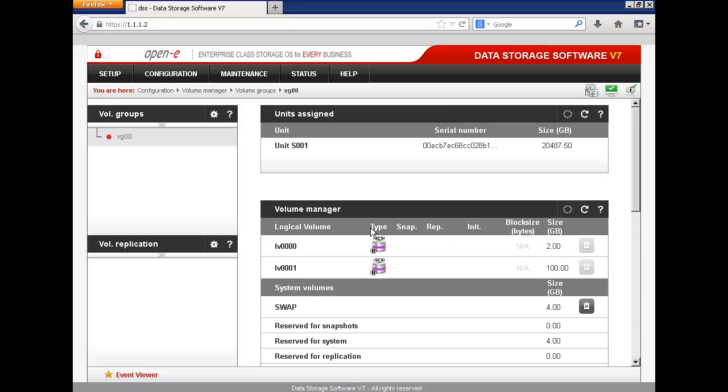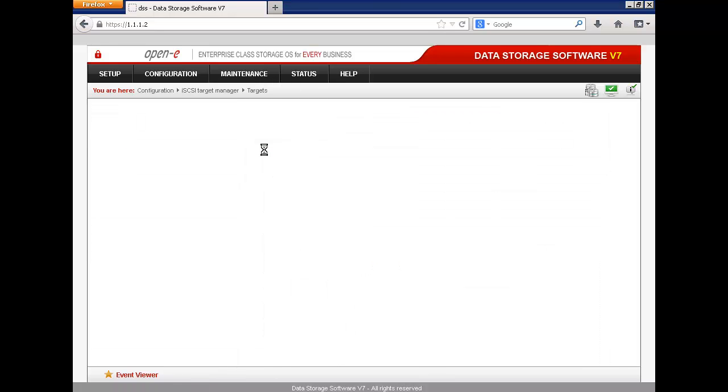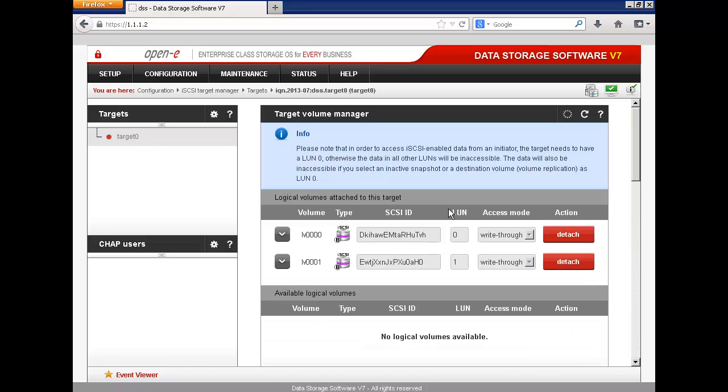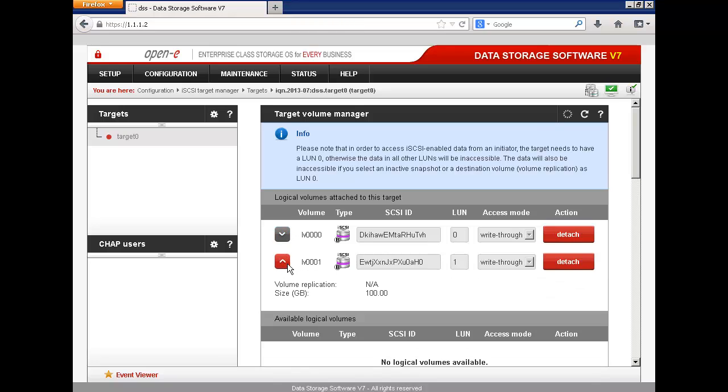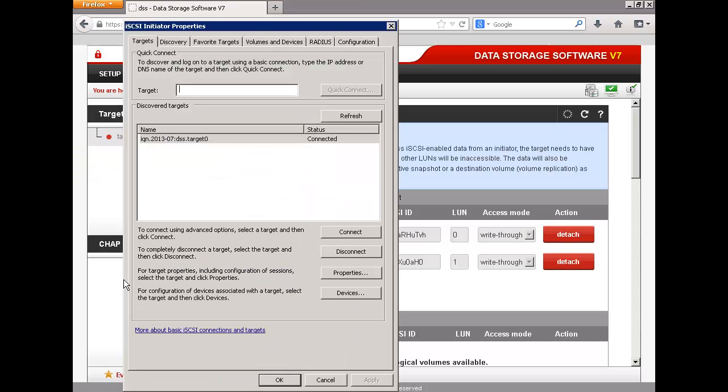Good, so I was exporting these logical units via an iSCSI target, just a single target. Both logical units are here. Of course, in practical installations, mostly you will have a separate target for every logical volume, but it works. This is faster to set up, so I did it this way. Of course, the iSCSI initiator is already connected,